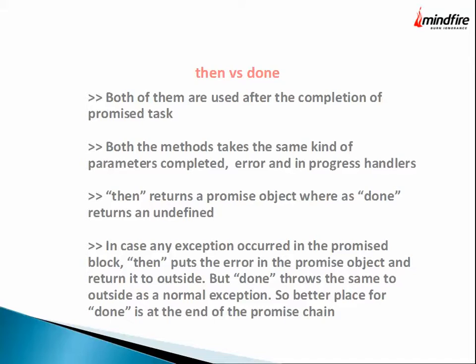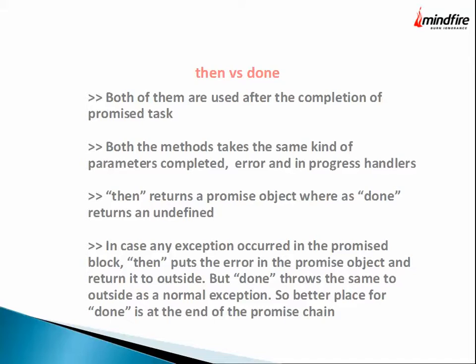Since, as I said, then and done are both methods. Methods would have been written here, right? So when you say do my task dot then, and then you put a dot again, it populates again, because the promise has a then, and done, right? But when it's a done, it has no return. Usually we use it in the normal scenario.